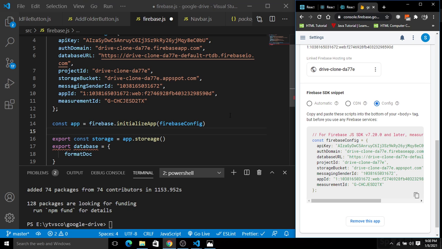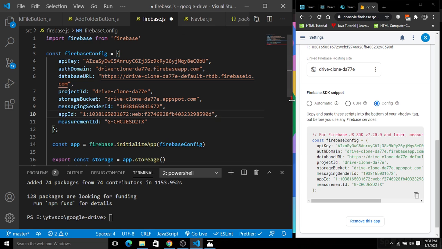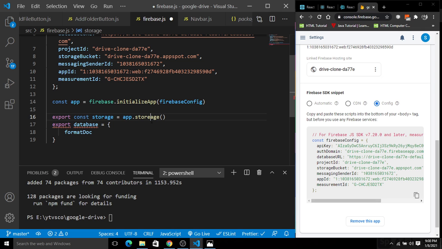So next, you guys have to simply import the Firebase. You can see here I have imported the Firebase: import firebase from firebase. Next, inside of this app, you guys have to simply initialize the app. Okay, storage. So we have this app.storage. Now I'm going to create and export the database here. So export database,